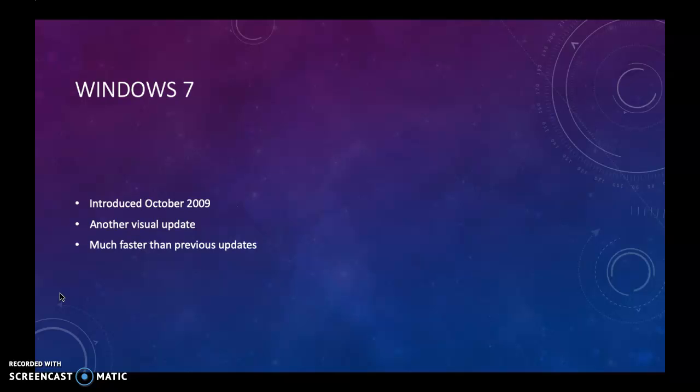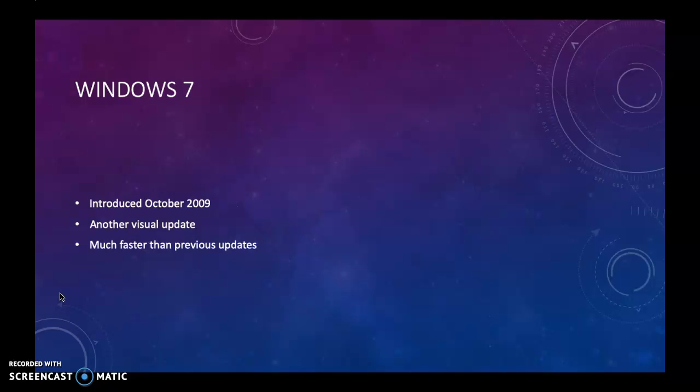And Windows 7 was a lot faster than its previous updates, so that was very appealing. Windows 7 was actually used by a lot of businesses. A lot of businesses were used to Windows 7. And with the next update, I know a lot of people opted not to update to this next Windows update because of